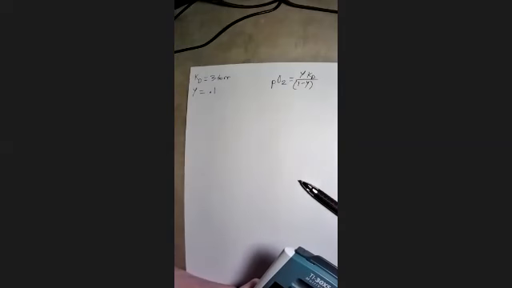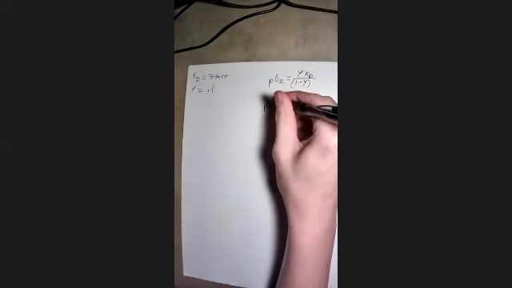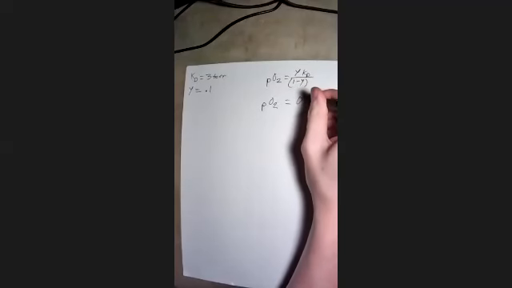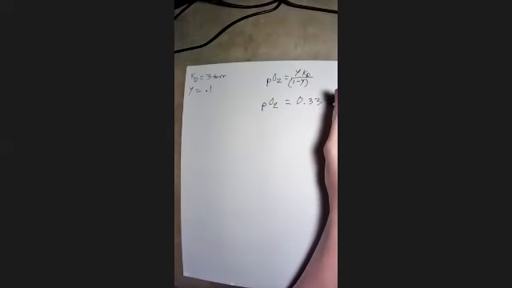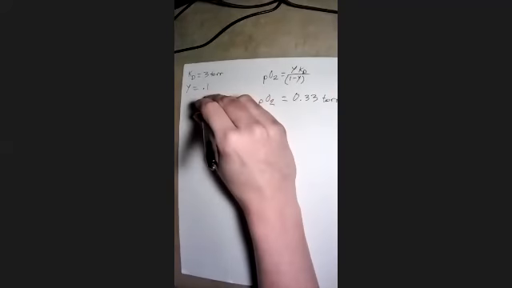Plugging and chugging again, we get 0.1 times 3 divided by 0.9. So our oxygen concentration would need to be equal to 0.33 torr for us to have a 10% bound